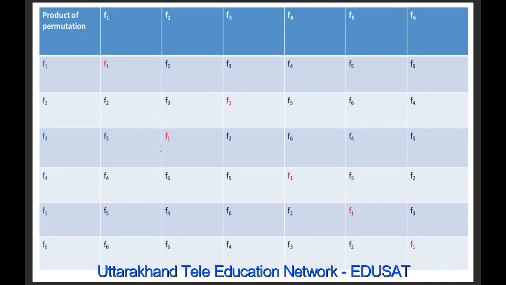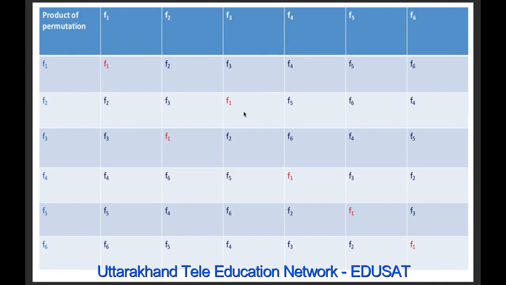So after locating these identity elements, mark these identity elements. And in this, I have changed its color to identify where the identity elements are in the table. This will help us to calculate the inverse of elements of P3. So here inverse of F1 is F1 because the element below F1 in the top border row is F1.